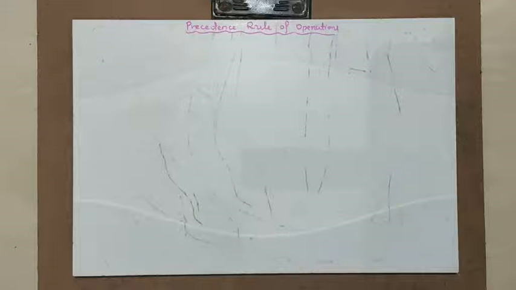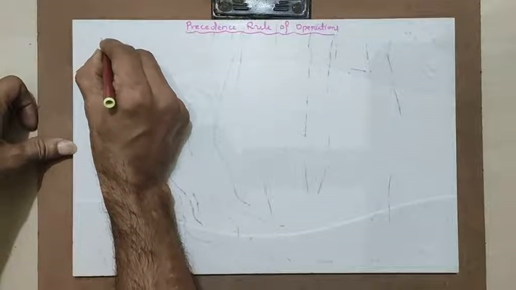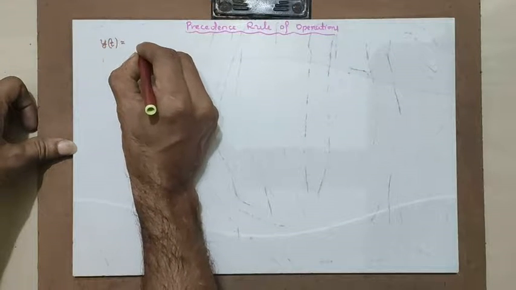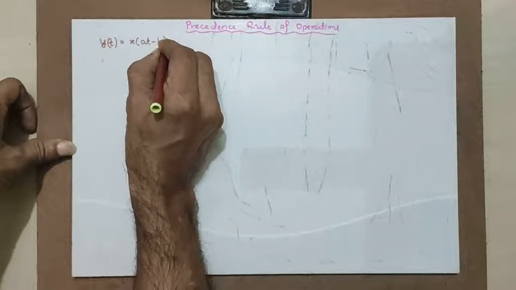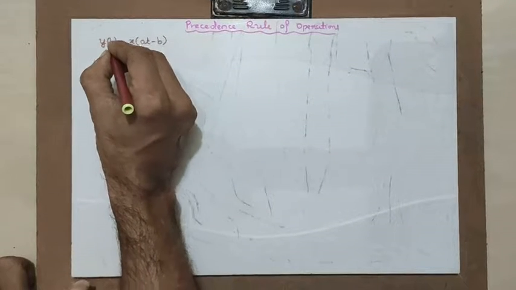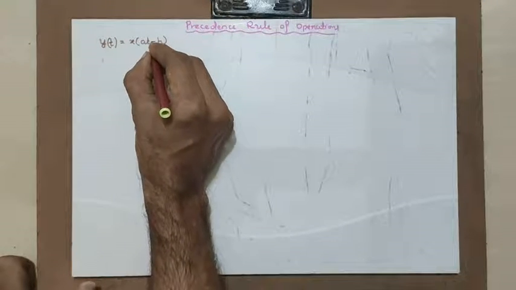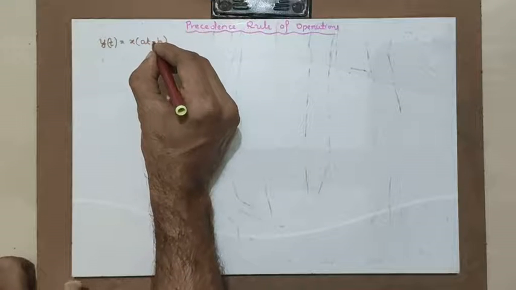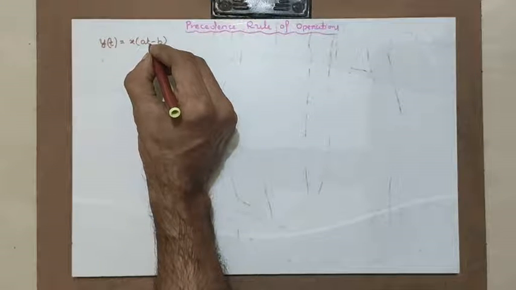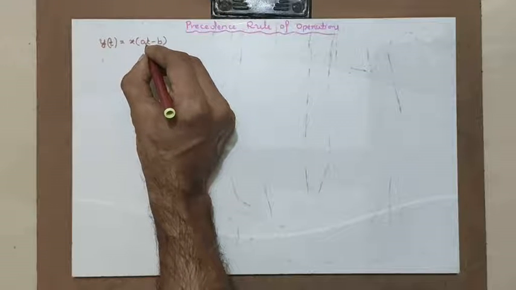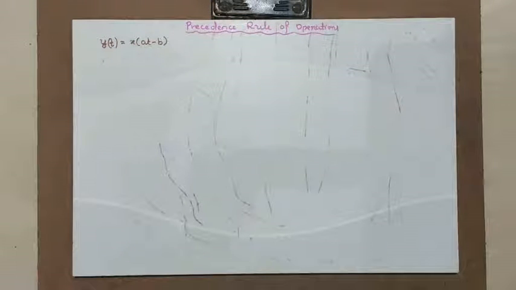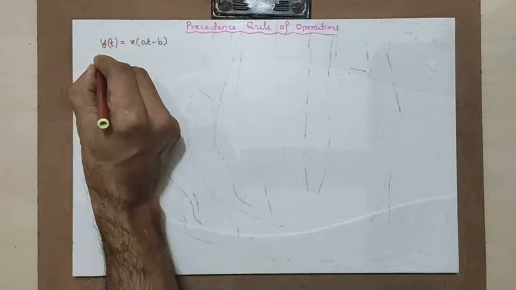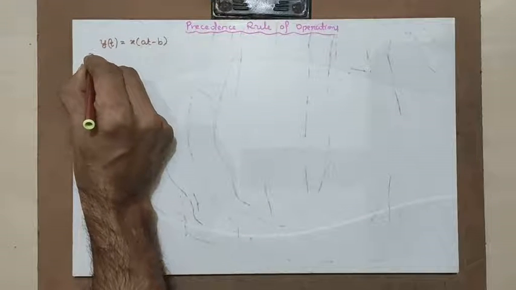operations? You see, there may be a complex example like this: y of t is equal to x of at minus b. Okay, what happens is, in this complex example, there is t minus b and there is at, meaning you are having more than one operation to be done so as to get the output. Hence there is a precedence rule, which operation to be conducted first, which is the next. That becomes very important. Always remember that step 1